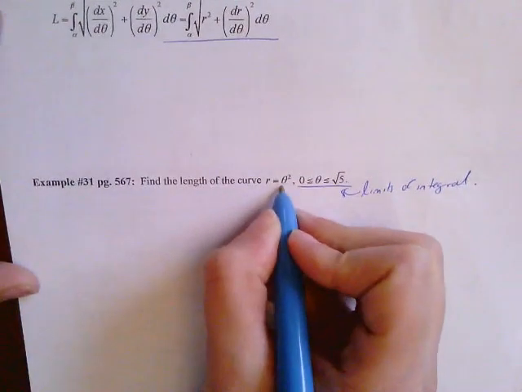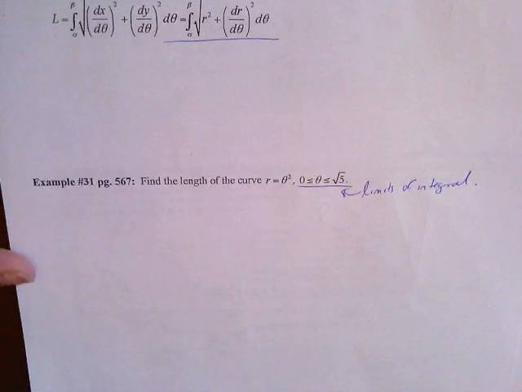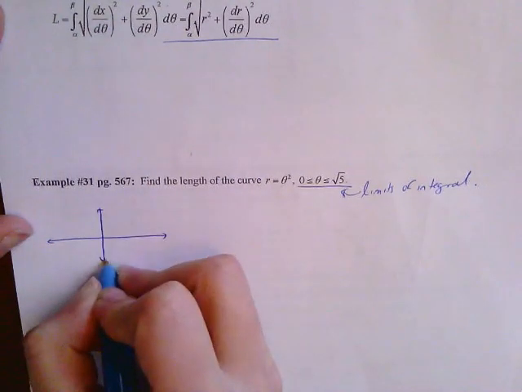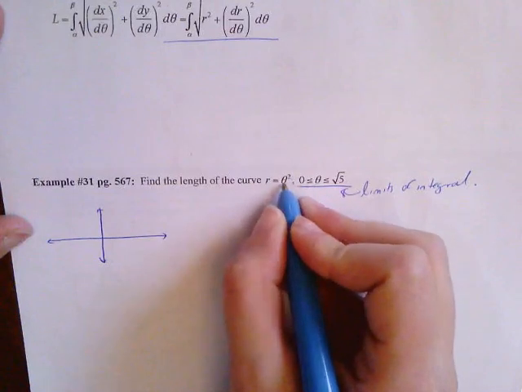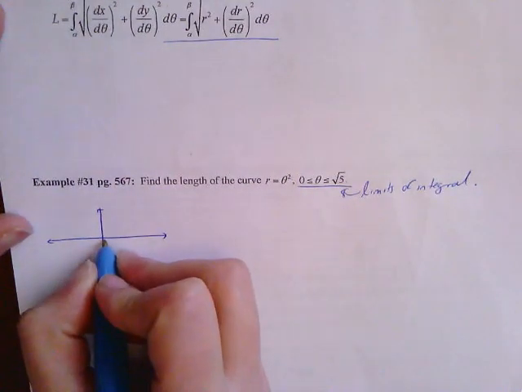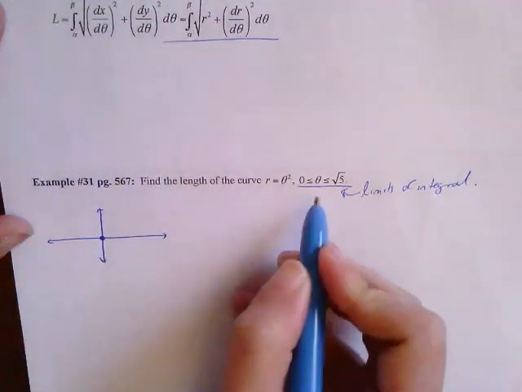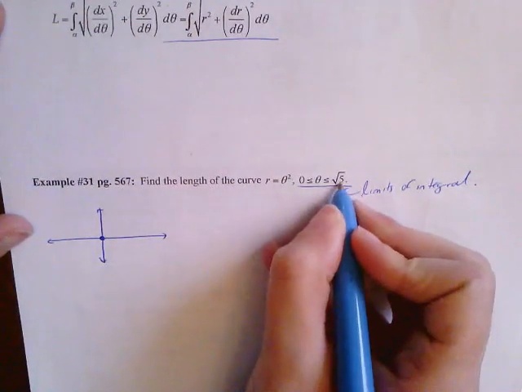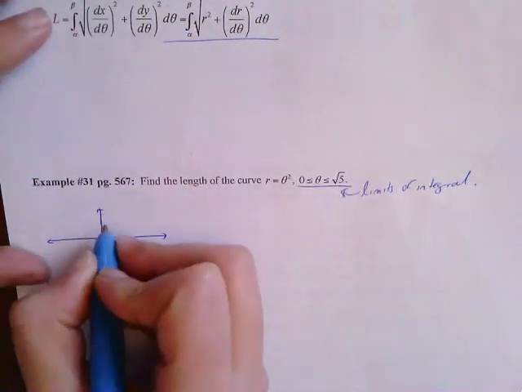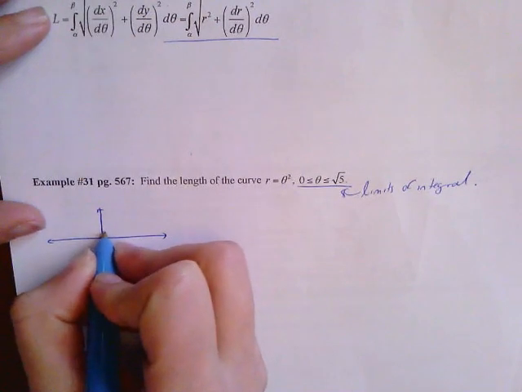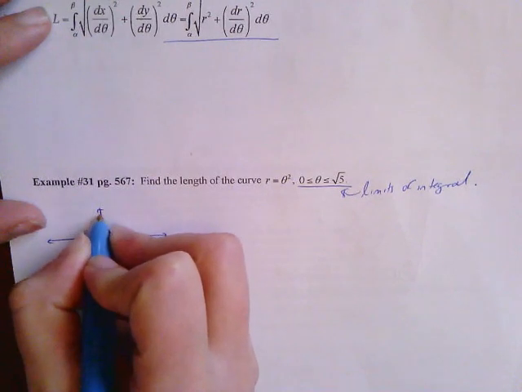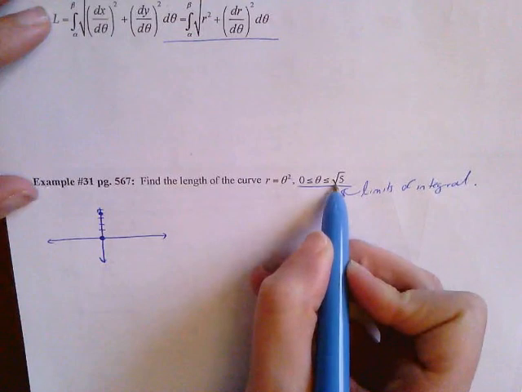And this curve is theta squared from 0 to square root of 5. Basically, if theta is 0, it's going to be 0 squared, so my radius is 0. At pi over 2, because that is less than square root of 5, I can find pi over 2 squared, and it's a little bit above 3, and then